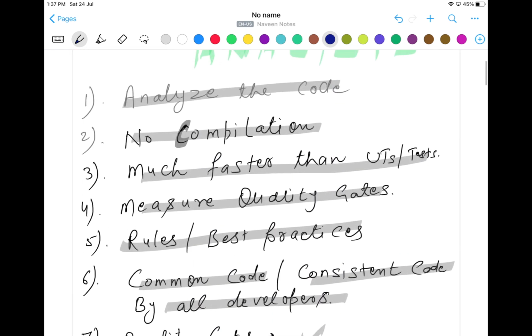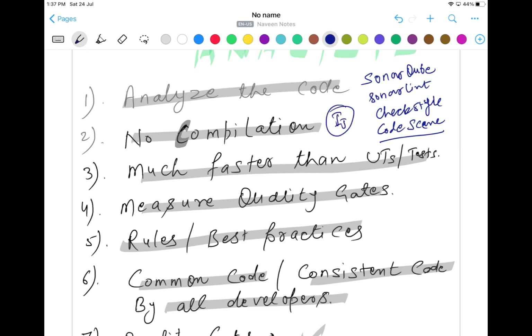Now there are different tools available in the market. If you see this, SonarQube is there. Generally we say SonarQube, which is very popular. We have SonarLint. SonarLint is available in the form of a plugin also on IntelliJ. The moment you write the code, immediately it will tell you, this is what I have used multiple times. Okay, this is your Checkstyle. Then CodeScene also is there. It is CodeScene, actually, not CodeSense. CodeScene is also available like that. And on IntelliJ, there are multiple plugins also available. You can easily use that. So these are different tools.